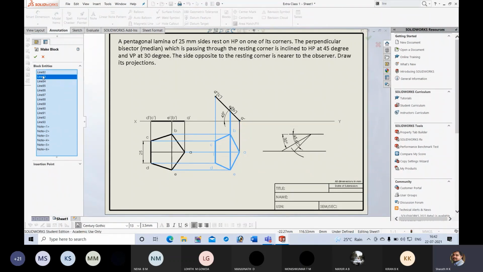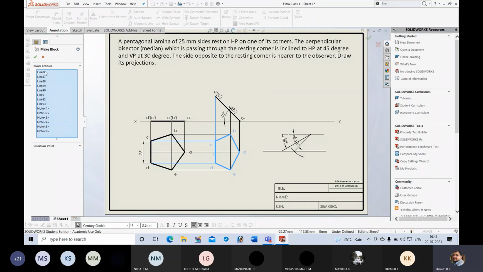Delete. Second, line 83. Right click, on the mouse, the right button you should use. Delete. Next, 84. This line is also a projector, not required. Delete. 82, not required. Delete. 85, delete. But there is one more method. At once you can select multiple lines.